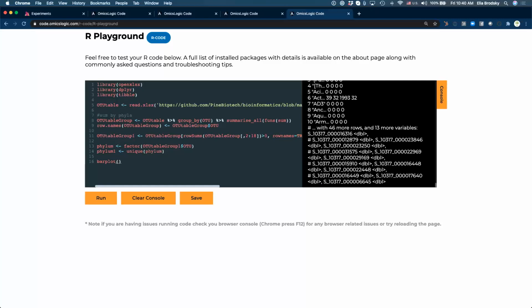So what are we going to bar plot here? What do you think we are going to use as our data for bar plot? Where's the data frame that I need to use? What's it called? Yep, OTU table group 1.